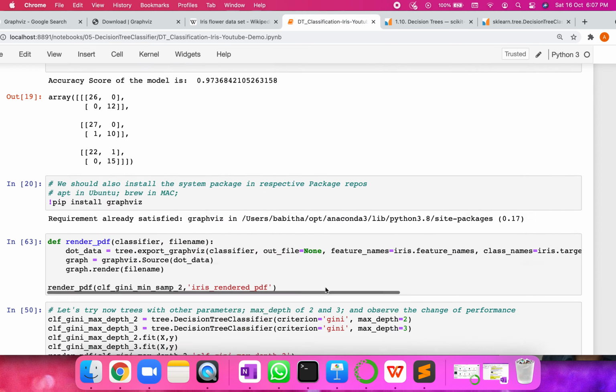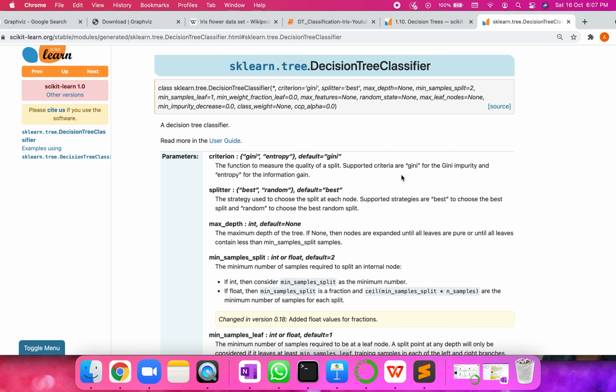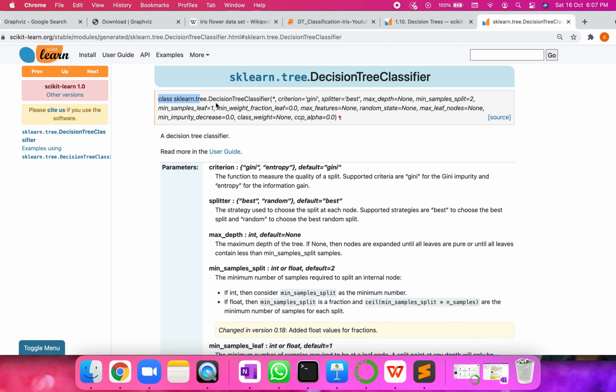So from now on, I think we can further explore. sklearn has very good documentation on the decision tree classifier, and it explains very clearly what the different parameters are. Like criterion we have seen, Gini is one, and entropy is the other option. I know we haven't seen entropy, but we could also experiment by giving entropy and see how that does. Is that any better as we play with it, right?